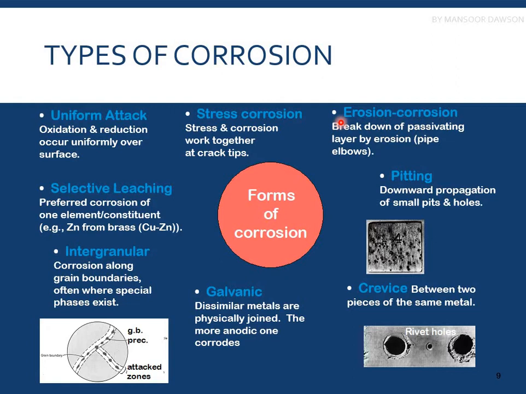is a physical phenomenon and corrosion is a chemical phenomenon. So both are combined, elevating the failure chances. So we'll be discussing these in detail as well. Then we have pitting, which is the downward propagation of small pits and holes. So if we have an irregular surface, it has small spots in which the corrosion medium can get stuck, and it forms pits,